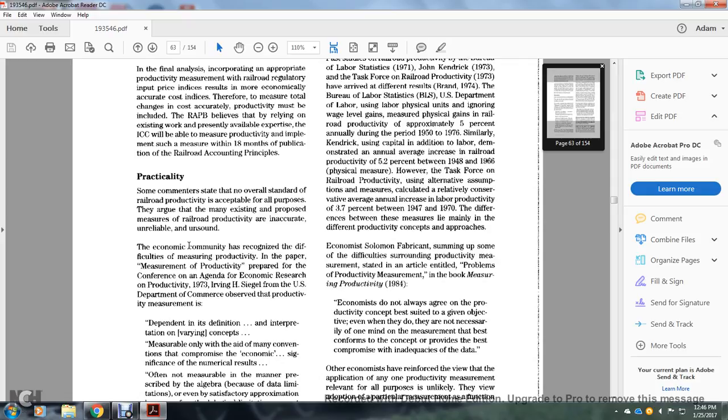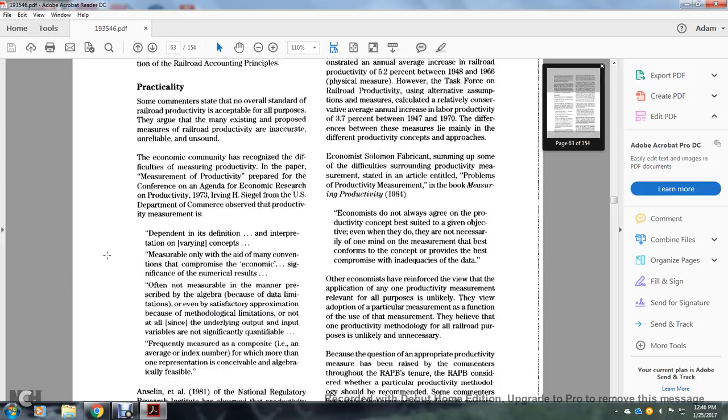Alright, practicality. Some of the commenters note that standard railroad productivity is simple for the purpose. They argue that the existing measures of railroad productivity are inaccurate, unreliable, and unsound. The economic community would recognize the difference in measuring productivity behavior. The measurement of productivity was prepared for the conference on the economic research of productivity in 1973 by Irvin H. Segal from the U.S. Department of Commerce, who observed the productivity measure issues